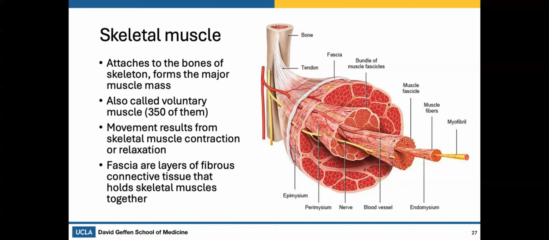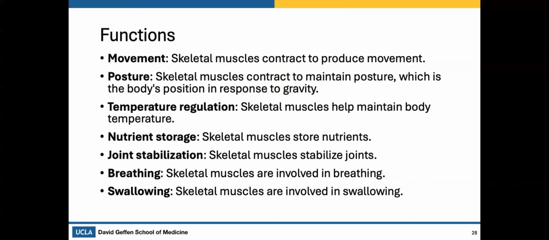Skeletal muscles have many different functions. These functions include movement, where skeletal muscles contract to produce movement; posture, where these muscles contract to maintain posture, which is the body's position in response to gravity, the ability to maintain an upright posture; and temperature regulation. These skeletal muscles help maintain body temperature,